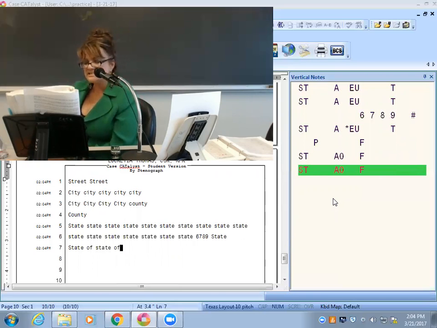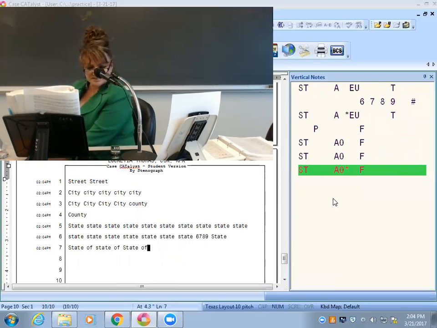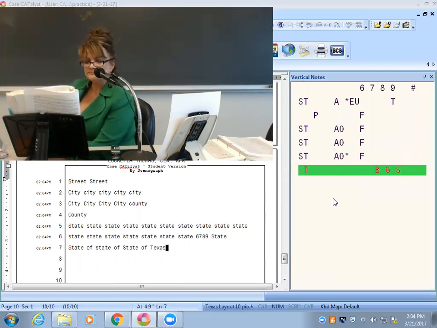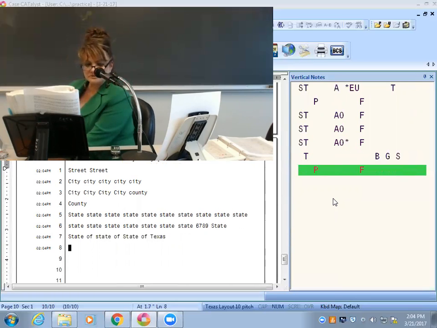State of is S-T-A-O-F. So let's say I'm saying state of Texas. Put the asterisk in, and then Texas is TX. Okay? State of mind is not capitalized, but state of Texas, state of is S-T-A-O-F with an asterisk to capitalize it. State as in the prosecution, would I capitalize that, Jen? When you can refer to the state bringing charges against you?